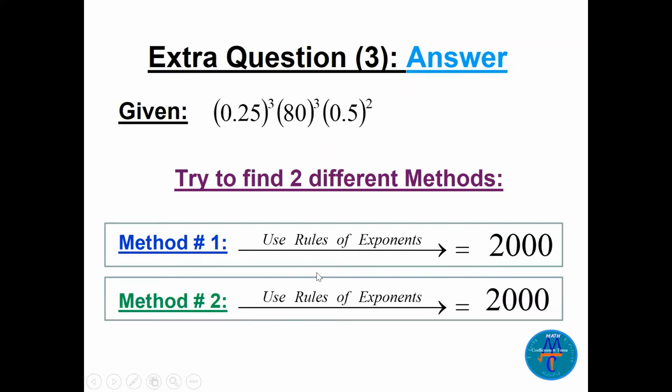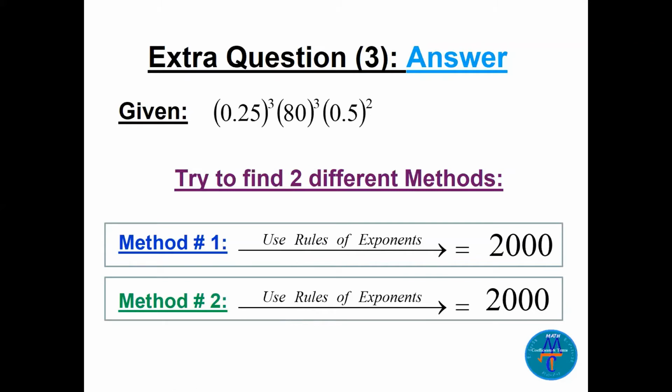If you get one method, it's okay, good. But if you try 2 different methods, it will be better. To see these 2 different methods in details, go to another video on integer exponents, same video with all these questions together, done in details. Now this is lecture